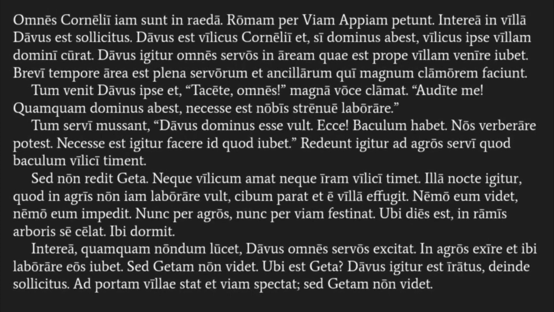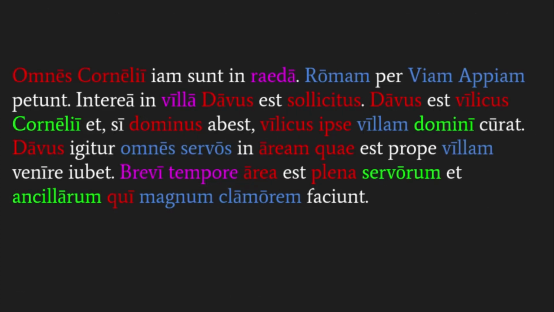Now, we want to highlight this with the different cases and break it into pieces. So let's start with the first paragraph. Right, in the first sentence, we have omnes Cornelii jam sunt in rheda. Omnes Cornelii is our subject, all the Corneliuses, right? And notice on Cornelii, you have the long I. It's talking about the entire family, right? Nominative plural. So now they are, right? Jam sunt, now they are, in rheda. And you'll notice that rheda has the long A on it because it's ablative. They're inside the carriage. They're in the carriage.